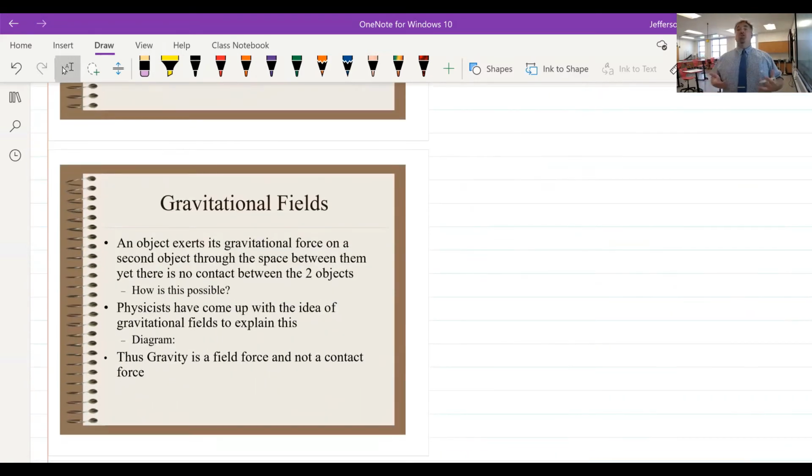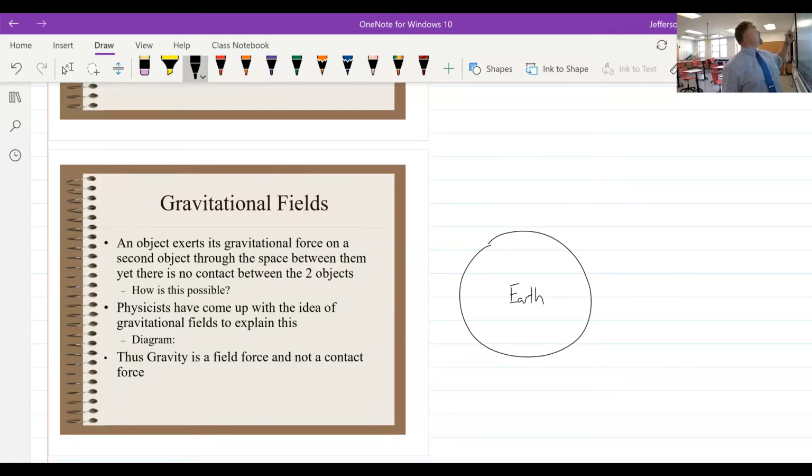Now, we know that gravity is a field force. You don't have to have contact in order to have gravity. Nothing reaches up and pulls us down to the Earth. Okay, there's nothing up top pushing us back down to the Earth. It is a field force. Okay, and so what they did was they came up with the idea that if this is my Earth, and I'm going to use Earth as an example,